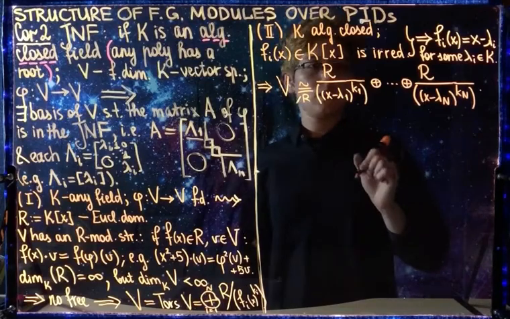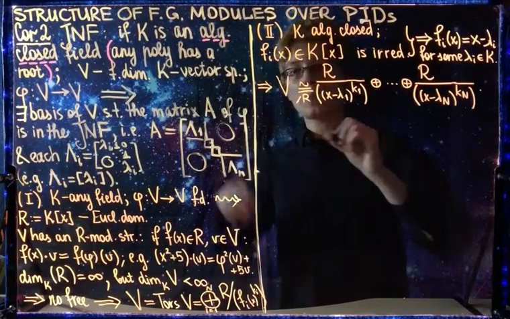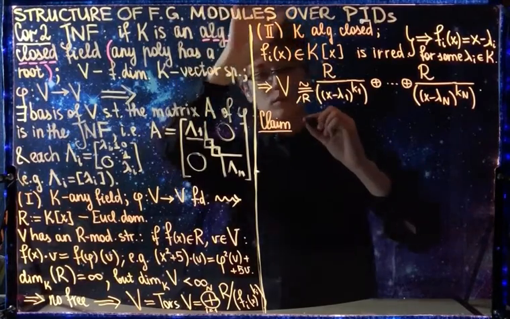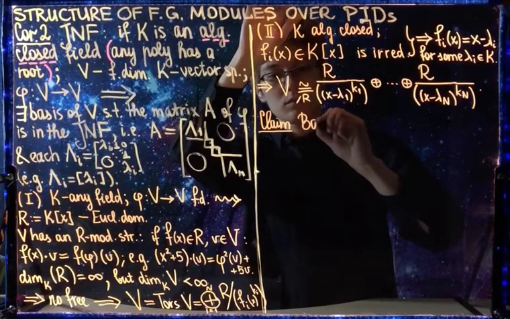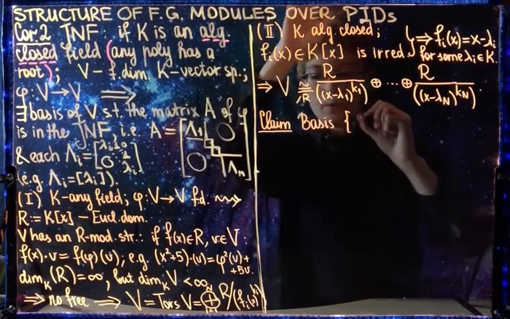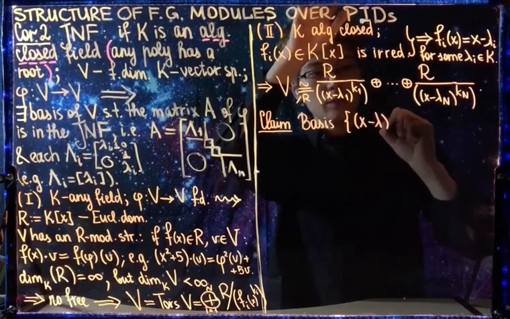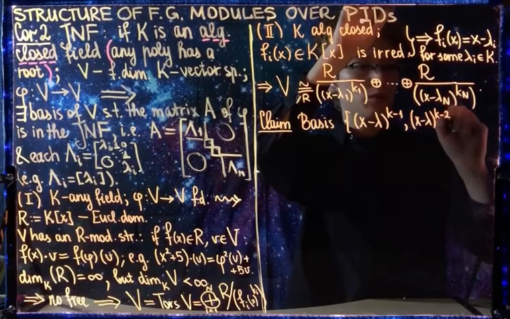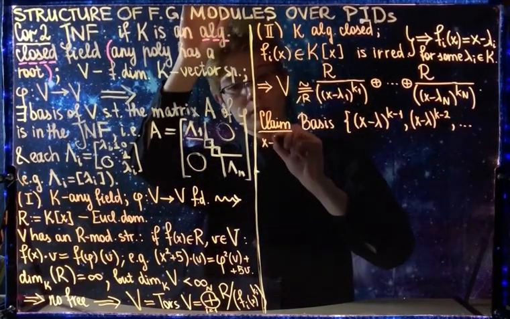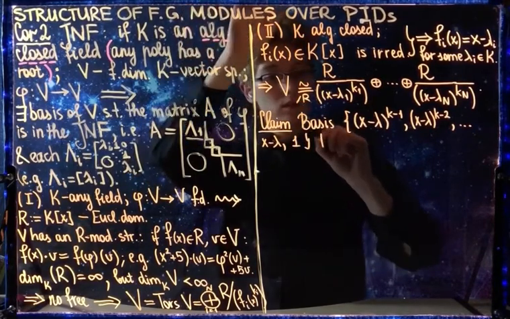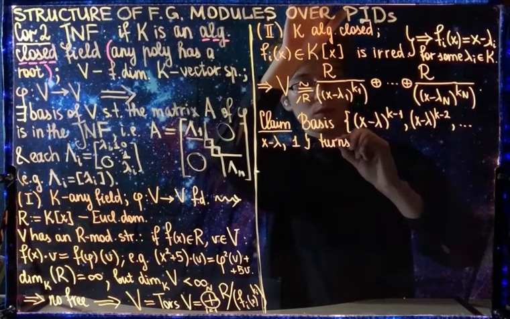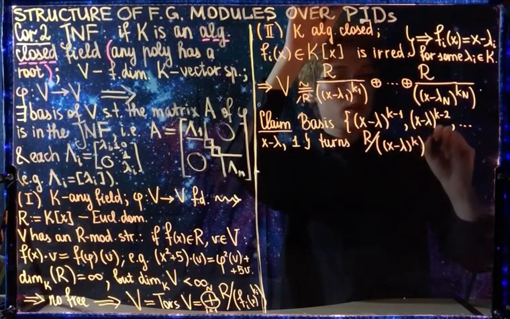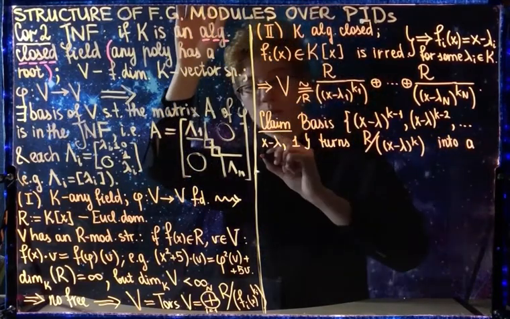And let us analyze each particular summand. So I claim that the basis where the first vector is (x minus lambda) to the power k minus 1, the second vector is (x minus lambda) to the power k minus 2, etc., till x minus lambda and finally 1, turns the R module R mod (x minus lambda) to the power k into a Jordan block